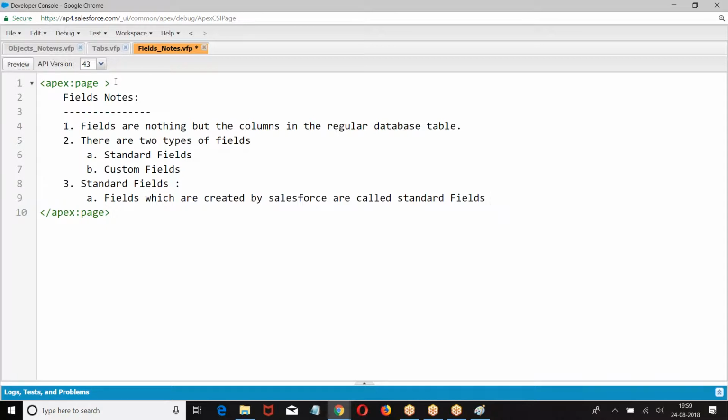Fields which are created by the Salesforce are called standard fields. These fields cannot be deleted. Some of the standard fields are called